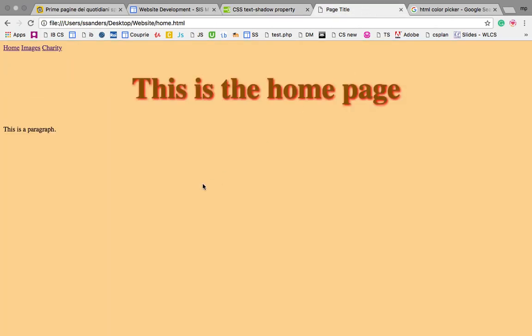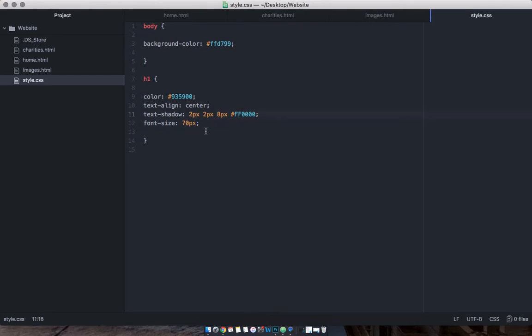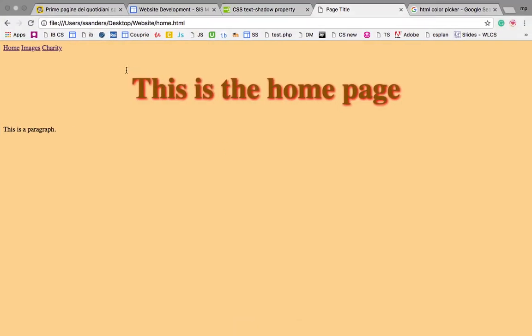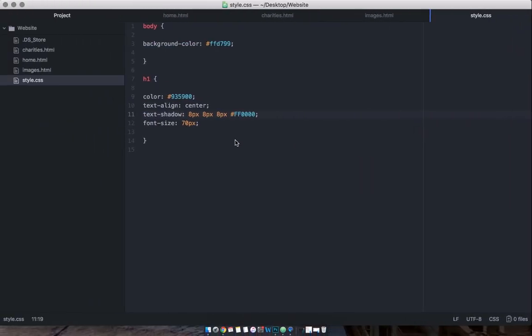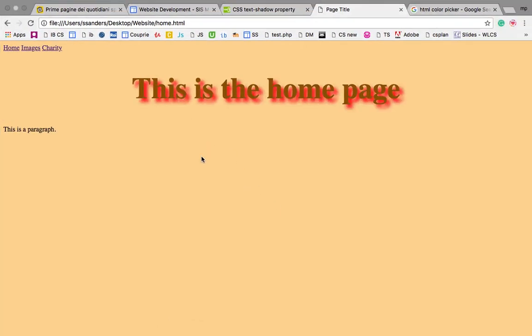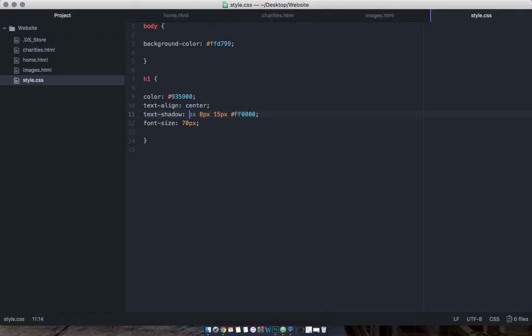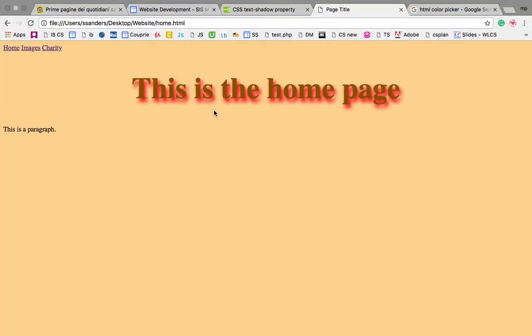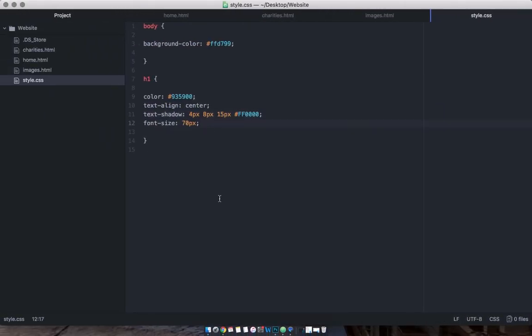Quick refresh, and it's starting to look slightly better. Okay, it's bigger, it's got a shadow, the shadow is red. However, you can see that if I change this, you will see that they become further away. If I change this, I think this is the blur of the shadow. Yeah, it gets even more blurry. I can move one of those closer if I really want to. Yeah, you can play around with that and get something that you like if that's a setting that you want to use. There are many more other settings that you can put within your